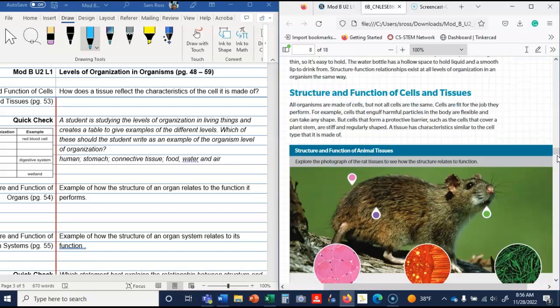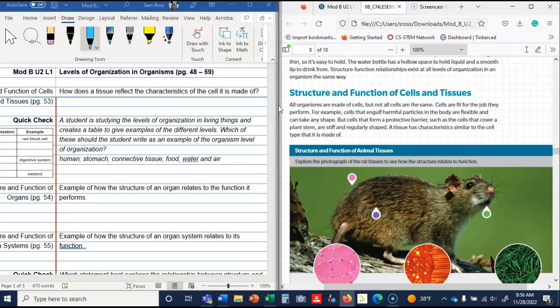Okay, we're still on how does the tissue reflect the characteristic of the cell that it's made of. A tissue has characteristics similar to the cell that it's made of. So the characteristics are similar to the cell. For example, okay,